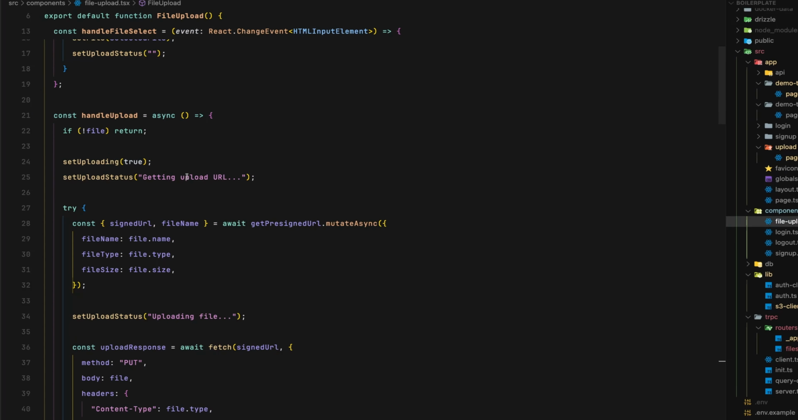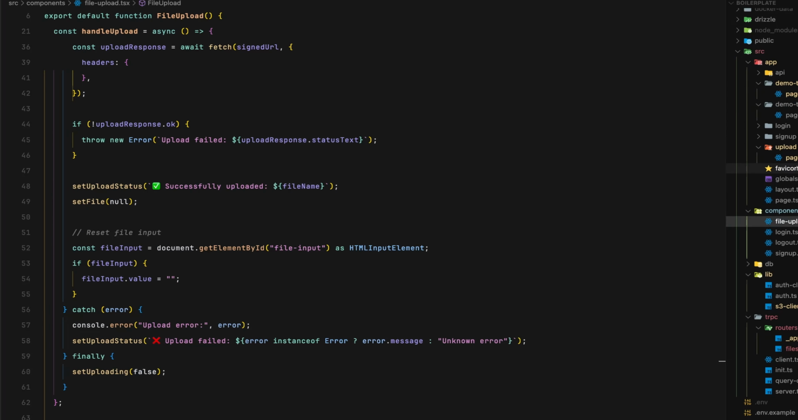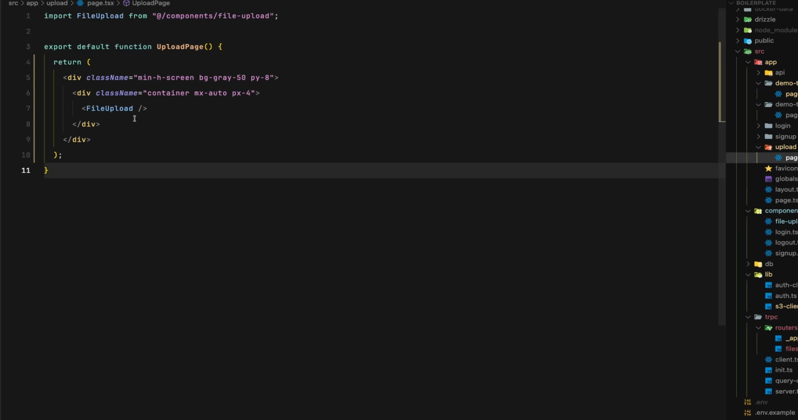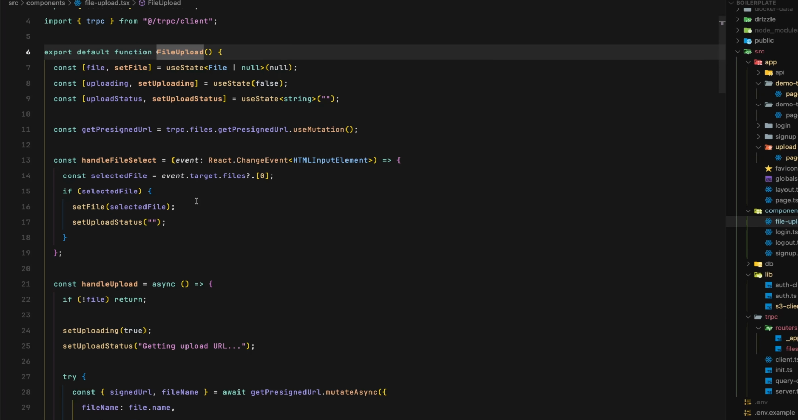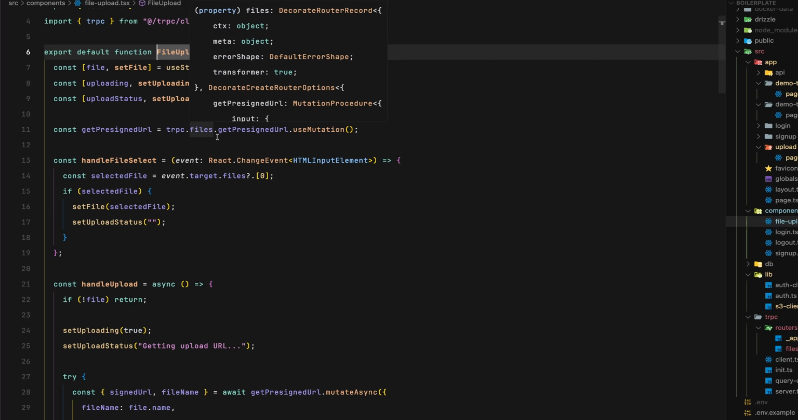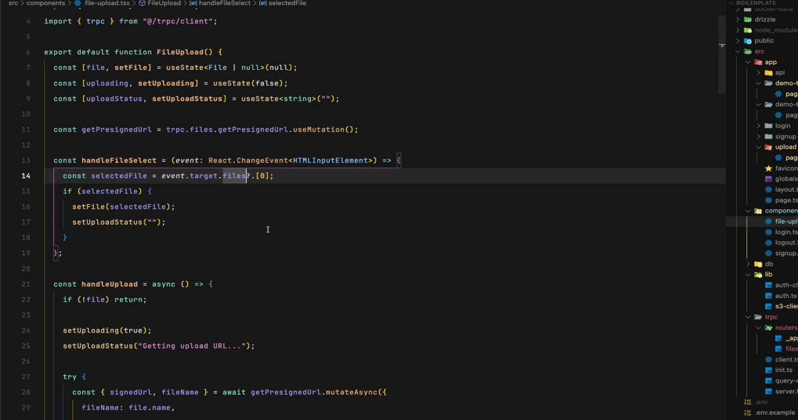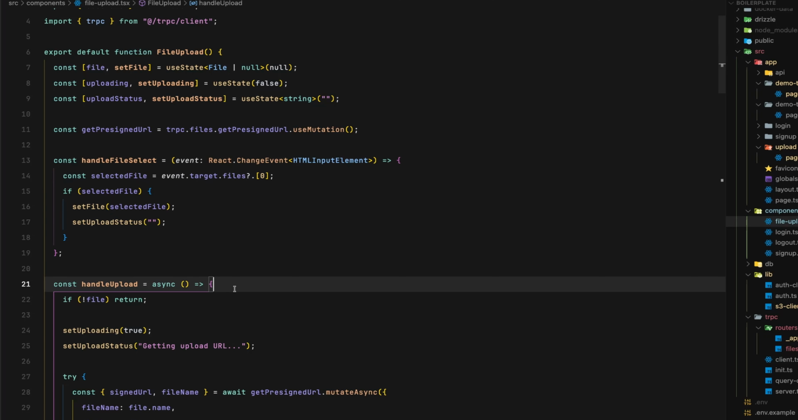Then we have the handle upload file and the page for uploading the file. So the code generated by Claude Code is a lot simpler and to the point. What I like most about it is that it uses the files router instead of using a separate function like the one from Warp. This is how I would have done it as well, but at the same time I